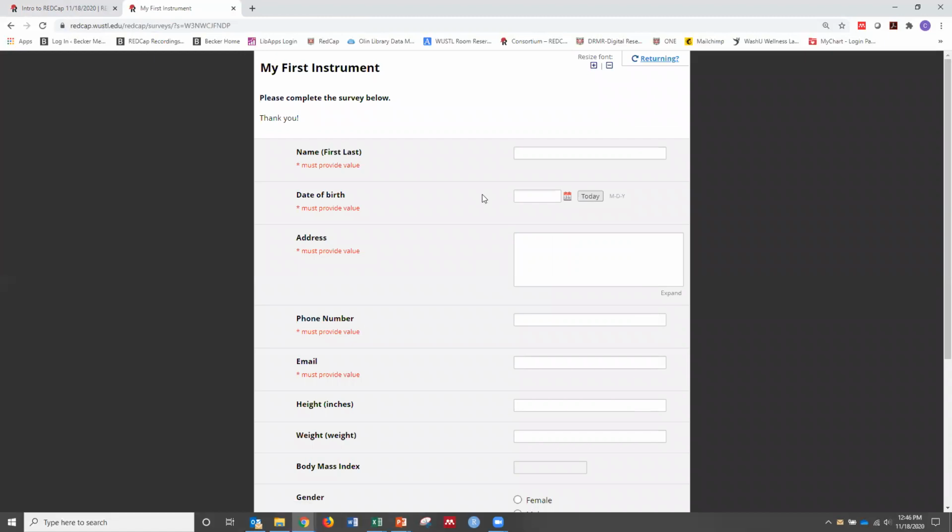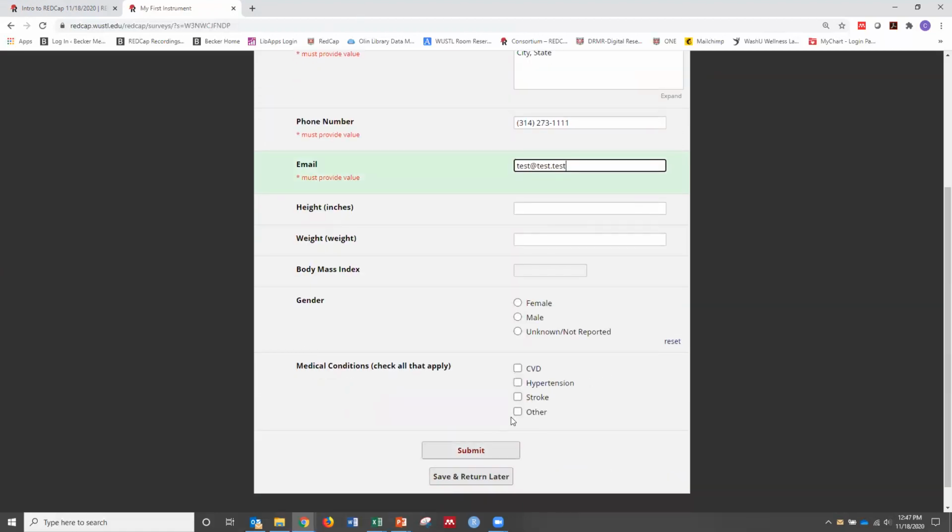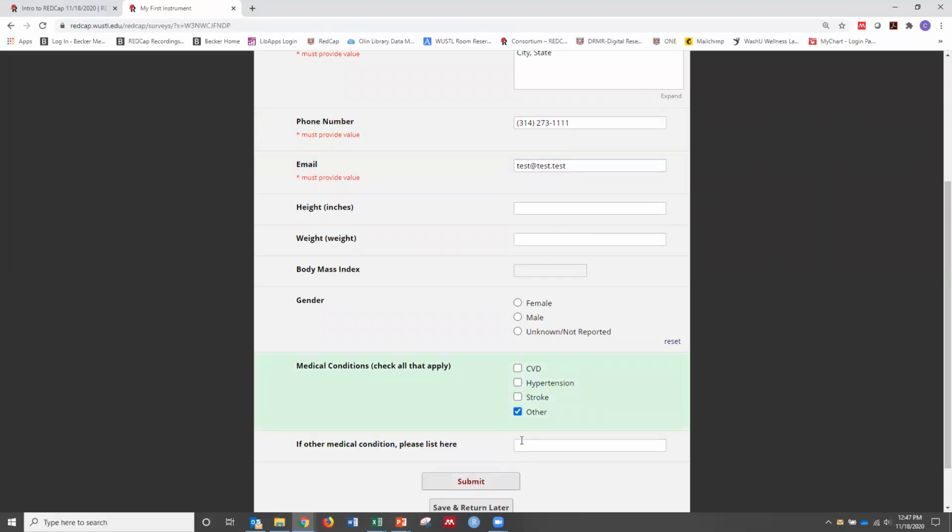now I've got that instrument that I created as a survey. So I'll just enter a little bit of stuff here. Some fake data. I'll leave these blank. So if I click other, then I've got the place where I can enter other data. I'll just go ahead and fill this out while I'm here. Then when I submit,